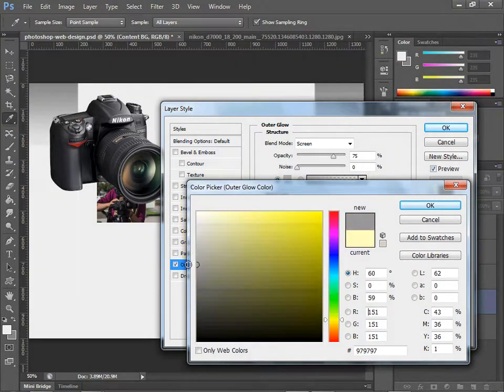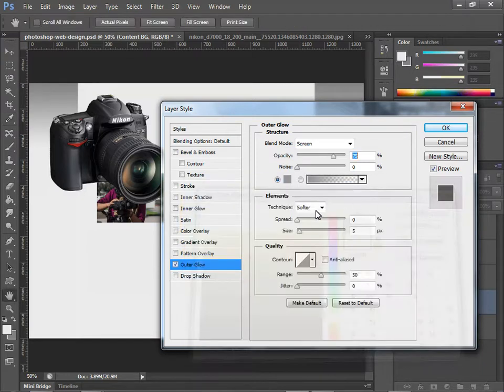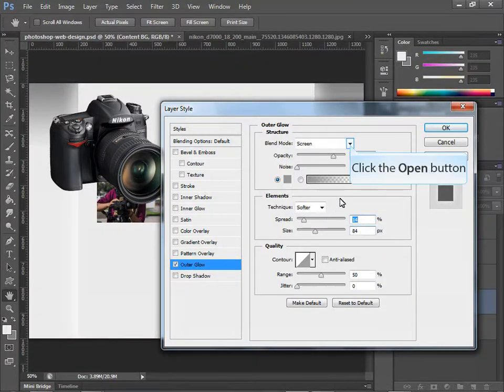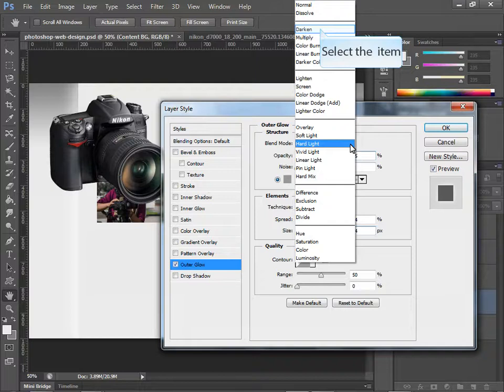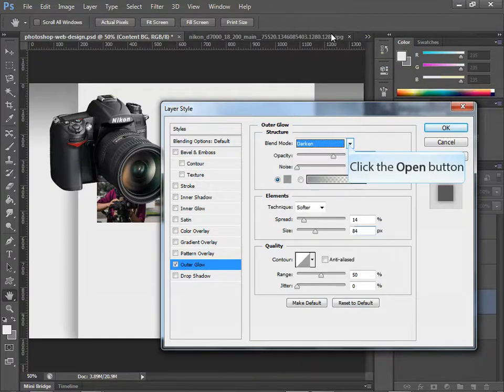Right? And I'm going to click OK on that for being the color, but I want to see what it spread. I'm going to spread this out a little bit, change the size. Now you see where the size is changing it? So I actually could make that look like that. Spread it out a little bit. And then I can try different blend modes with that too if I wanted to. Screen is probably one of the more popular ones, but I can darken it or